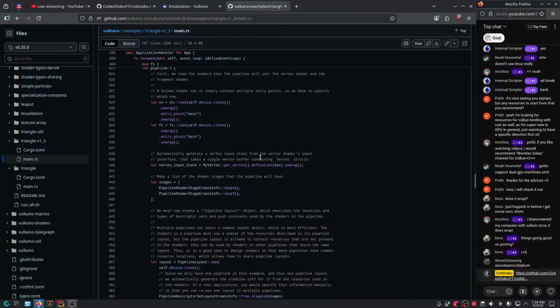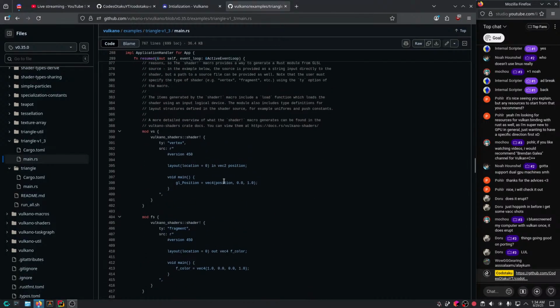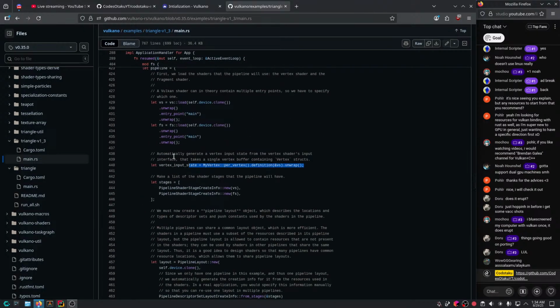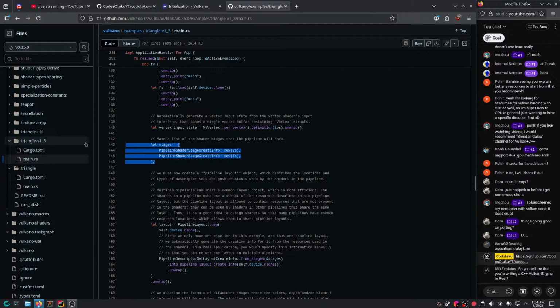Notice here that using reflection, it automatically generates the vertex input for you. Otherwise you would have to write in the formats explicitly, which we would have to if we were doing raw Vulkan bindings, or if we did our own reflection, which is even crazier, or vertex pulling using the buffer device address extension, and other stuff. Either way,